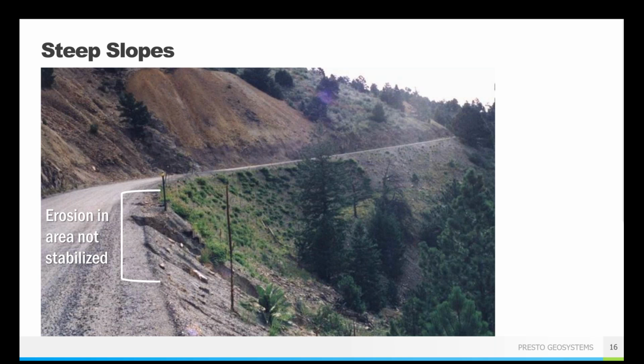You can see that it looks much more natural. It looks kind of like everything else around it. You don't necessarily drive this road and go, oh man, they built up this big wall here, but it is protected. And you can see the areas where there wasn't that GeoWeb system put in place, and it's already starting to fail. And so maybe they're going to come back. And in this case, they did come back and put in more GeoWeb system to try and mitigate further failures on this road. So it's just something to keep in mind.